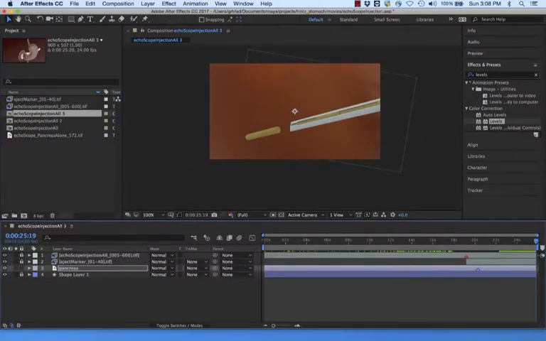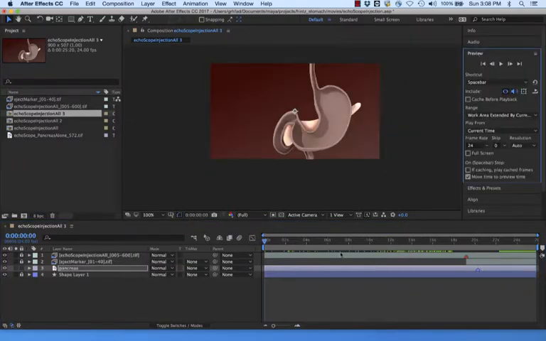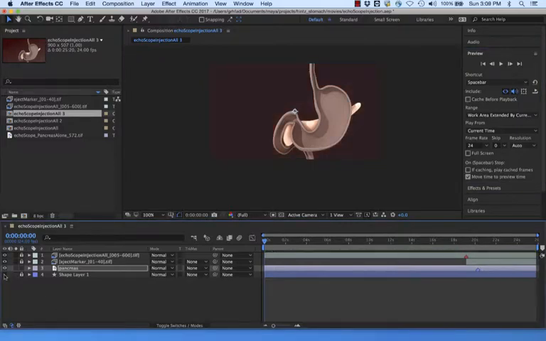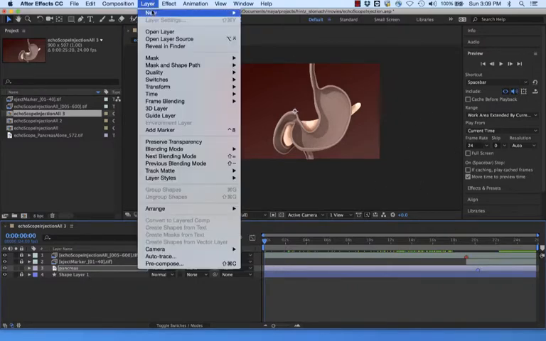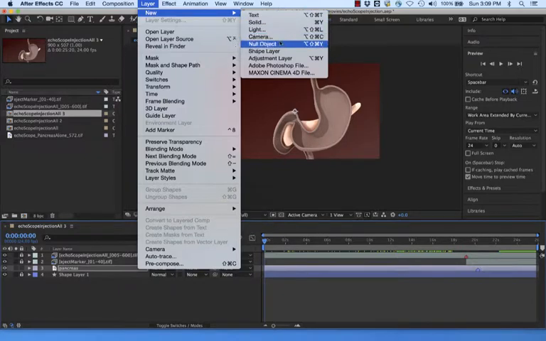Alright, so let's rewind this to the beginning and look at what we got. A couple things I've added that we haven't seen before. One thing is I wanted to put some color background behind this, so I created a layer called a shape